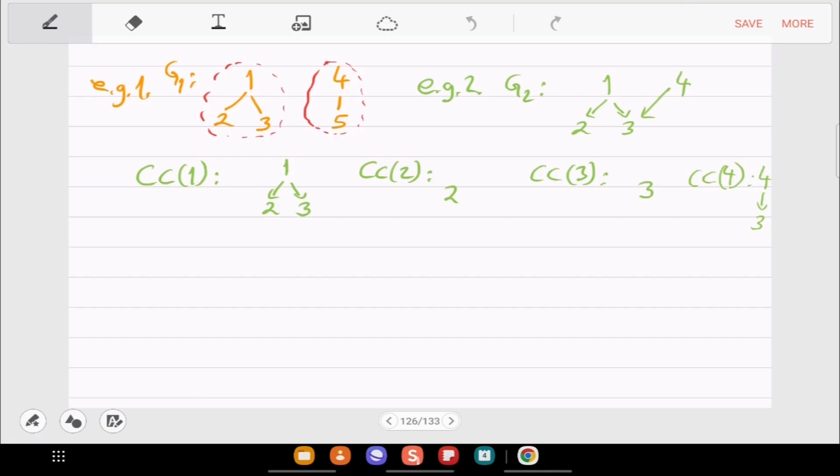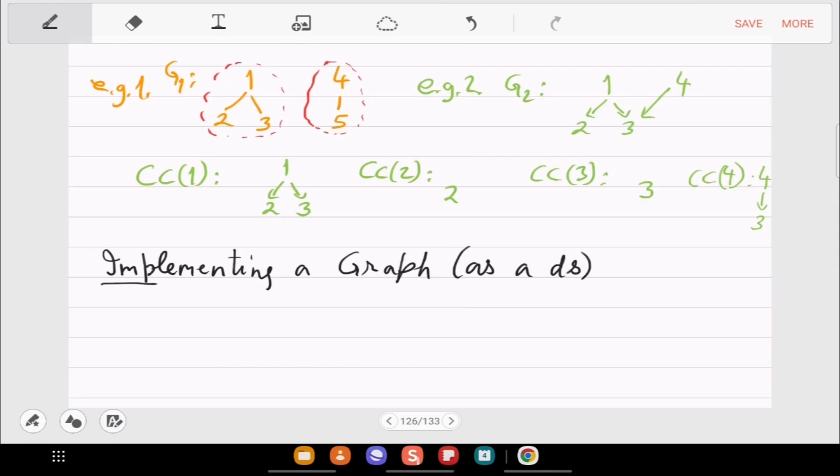So let us now look at the implementation of graphs. So how do you implement, like in a C program? Since this is a data structures course, you can assume graph to be a new kind of data structure.